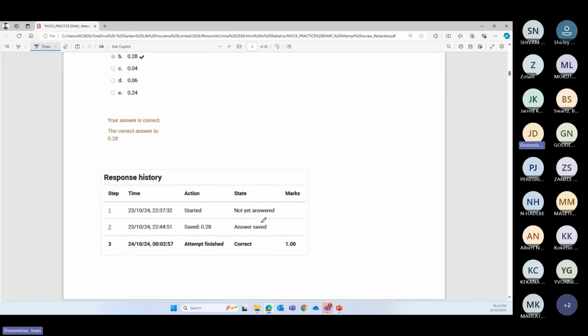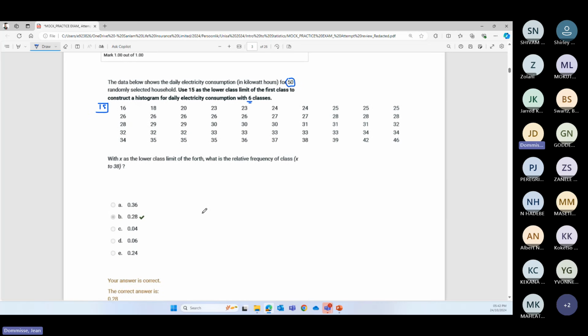Let's just see if they say anything. No. So how many did you have in a class? Did you also say 46 minus 15 or 50 minus 15? I would have said 46 minus 15. And then that gives us